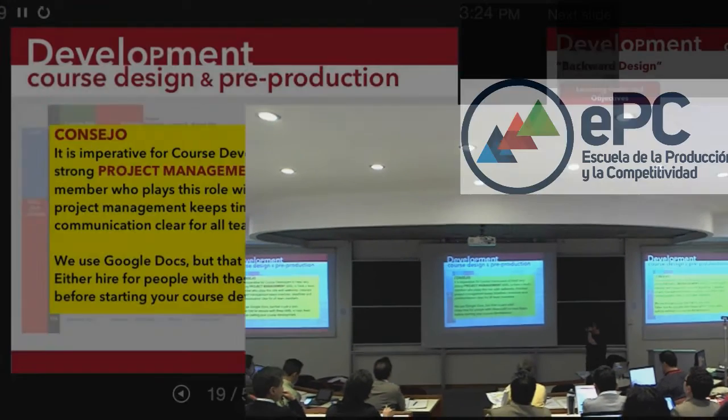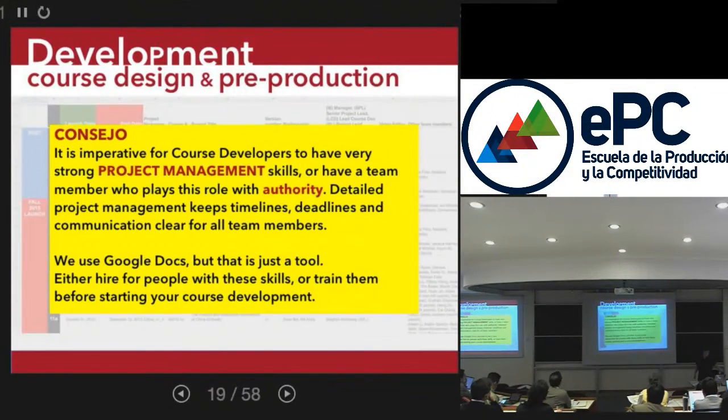So my consejo, at the risk of repeating myself: it is imperative for developers to have a very strong set of project management skills, or you need to have a team member who plays this role, and they must have it.